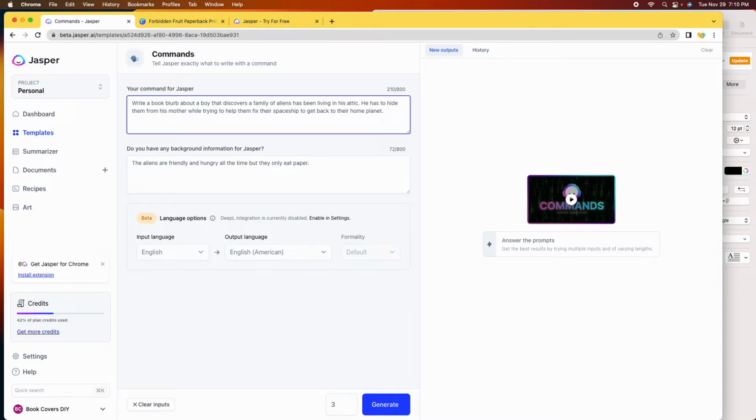Okay, so write a book blurb about a boy that discovers a family of aliens has been living in his attic. He has to hide them from his mother while trying to help them fix their spaceship and get back to their home planet. Sorry, this is why it takes me forever to write books. Okay, do I have any background information? The aliens are friendly and hungry all the time, but they only eat paper. Oh, let's give the boy a name. Boy named,